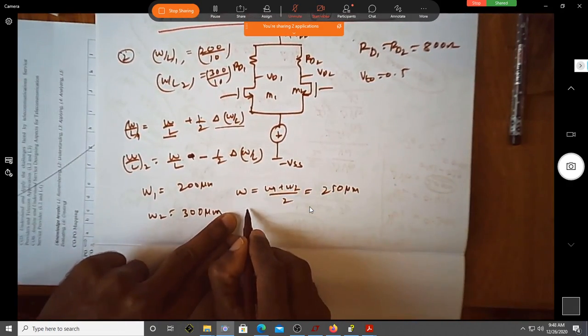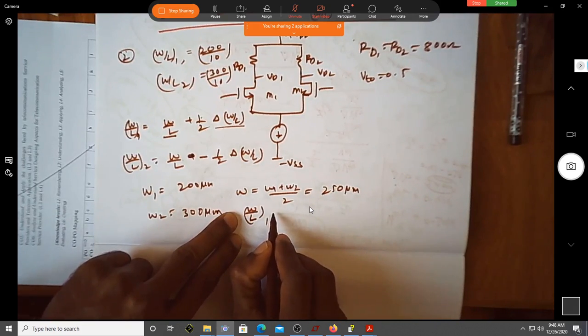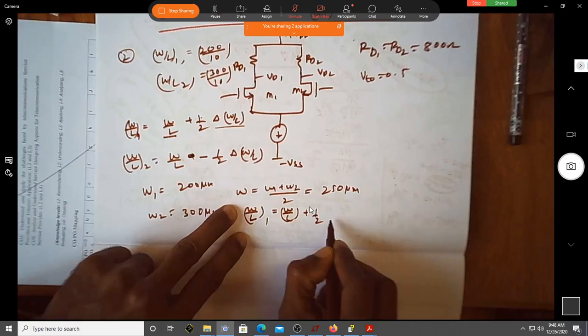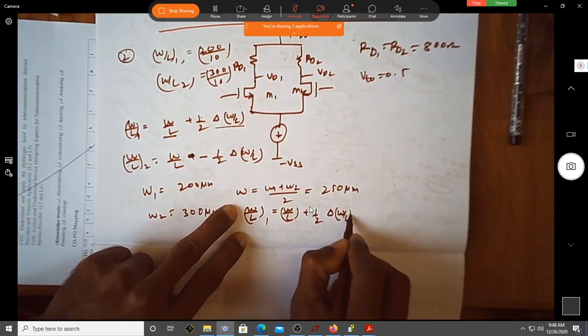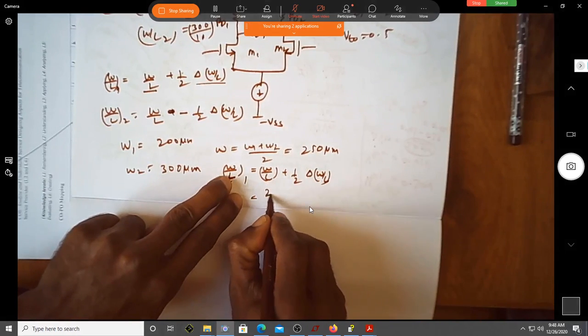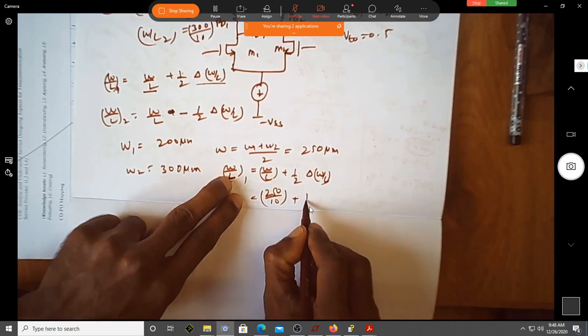Now if you take W by L of 1 as equal to W by L plus half of delta W by L. So what is this W by L? Can I write it as 250 by 10 plus half of